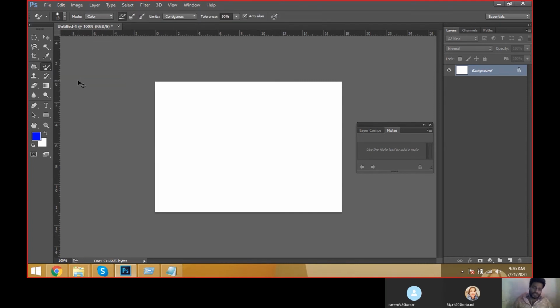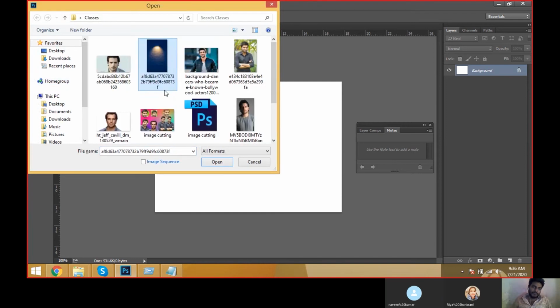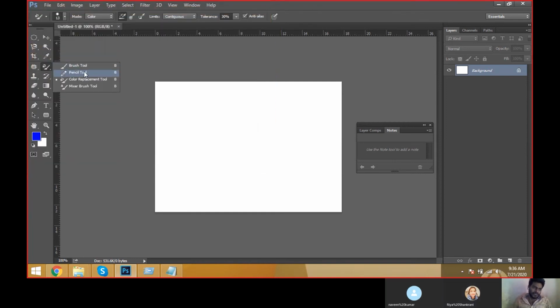Now go to the color replacement tool. What is the color replacement tool? After the color replacement tool, we will do a small concept using these brushes. In my mind we have a small concept using one black background, as well as some stars, a tree and hills. Like that, I have a small concept that should be implemented in this class. Let's see how the output will come.